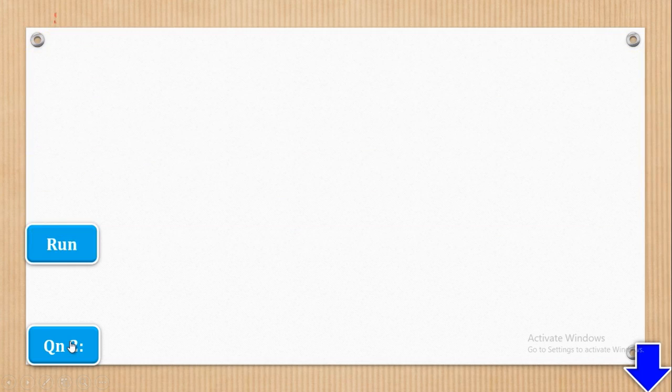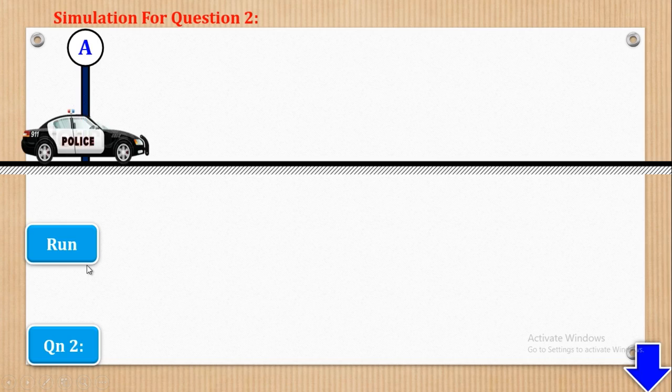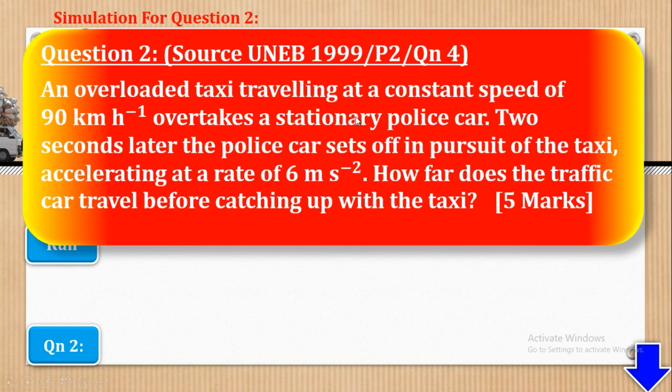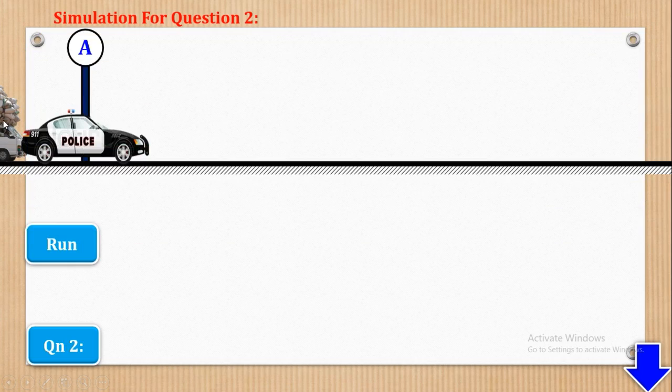So what we are going to do is first design a simulation for the information given in the question. We have a road, and we have the position where the police car is, and an overloaded taxi will be somewhere behind, so that in the question they said this overloaded taxi will first bypass the police car, and when the police car sees that the taxi is overloaded, it will now drive after the overloaded taxi. So initially this is a police car, and behind there is a taxi. Now when the car starts running,